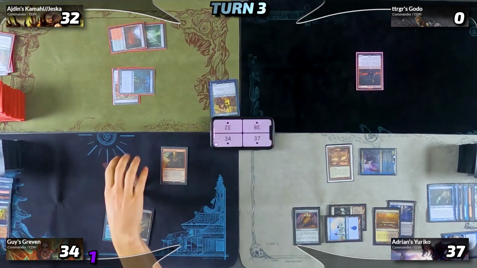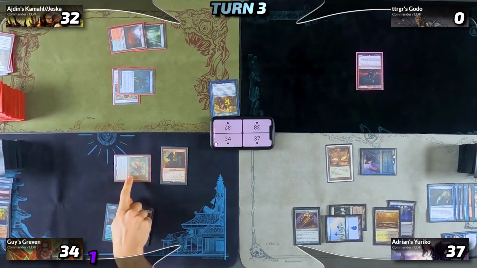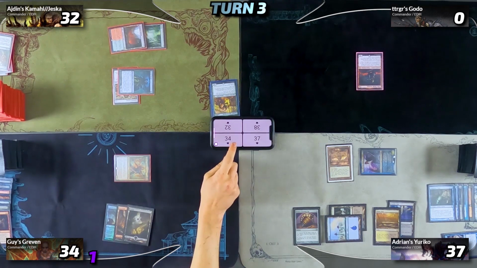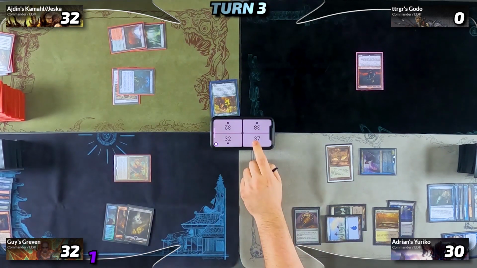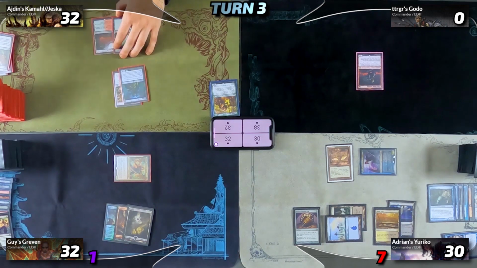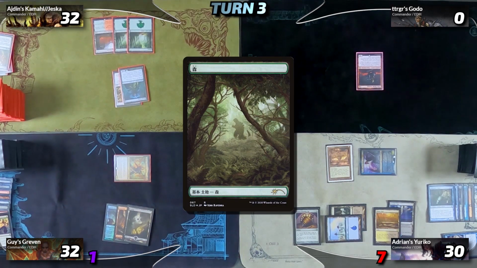He's going to head into combat and turn his commander Greven sideways at me, and it has Menace so I can't block. Before we even go to blocks, he's going to sacrifice Dockside to it to lose 2 life and draw 1 card, giving Greven 7 power. I take it and go to 7 commander damage. Guy goes to discard, and we move to Ajdin's turn,